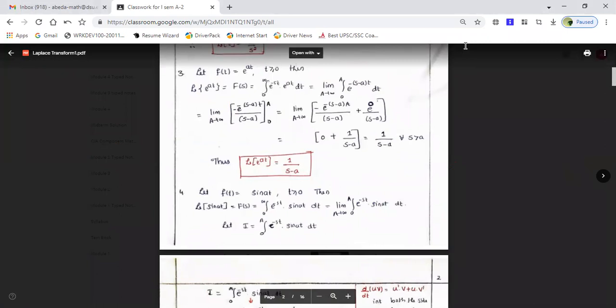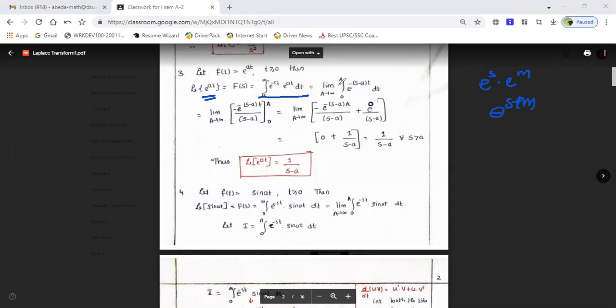Here it's very simple. Here f of t is e to the power at, where t is greater than or equal to 0. Wherever f of t is there, I'm going to substitute e to the power at. So, integration 0 to infinity e to the power minus st, this is my f of t, e to the power at, into dt. It is nothing but e to the power m into e to the power n type, so it is e to the power m plus n. The same thing I'm doing here. I'm adding both the powers, minus st plus at, and if I take the minus sign out, it is minus s minus a into t, dt.